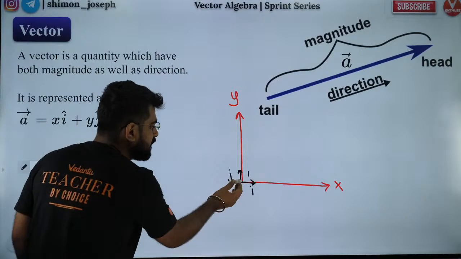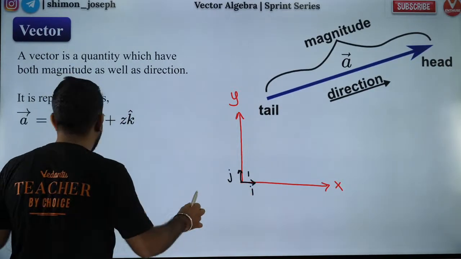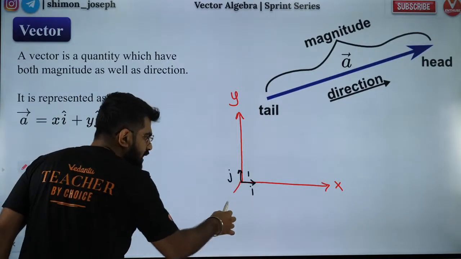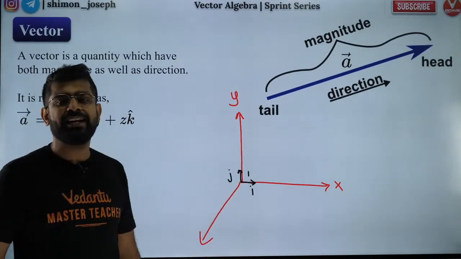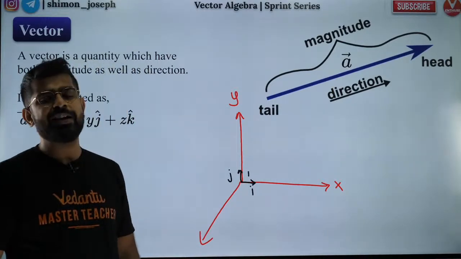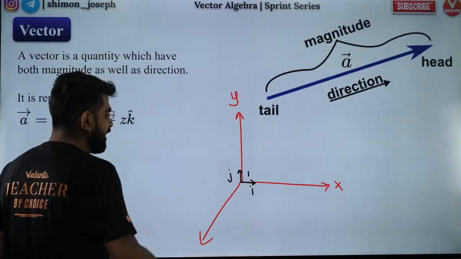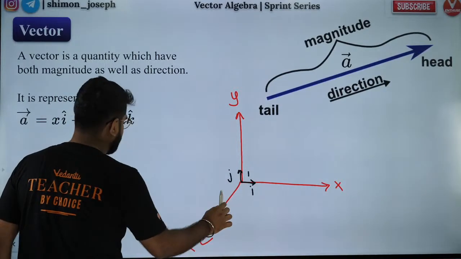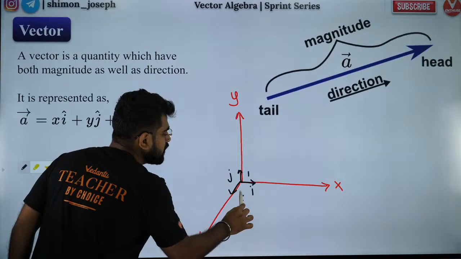So that is your z-axis, which will be outside, coming out. Usually teachers will draw it like this. Have you seen it? They draw it like this because they cannot draw coming outside the board. Otherwise they need a 3D pen, which we have not developed that much. So let's stick to the whiteboard, and this is how your teachers will draw the z-axis. So what is your k cap? Your k cap is a unit vector along the z-axis.